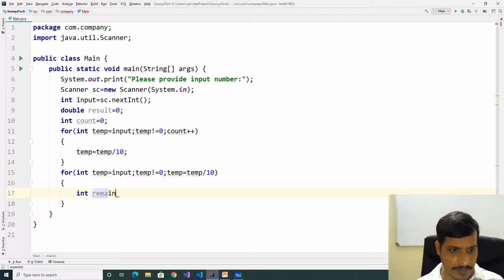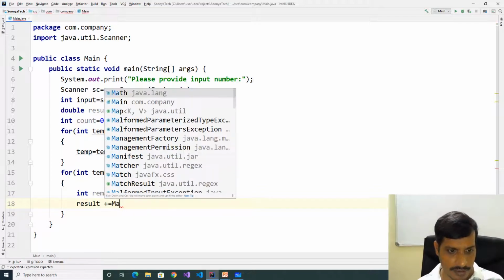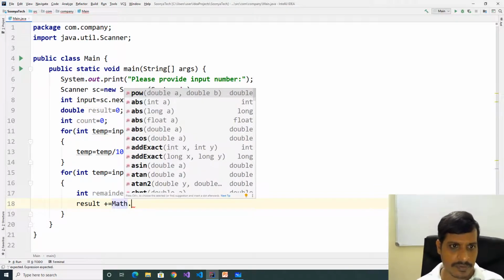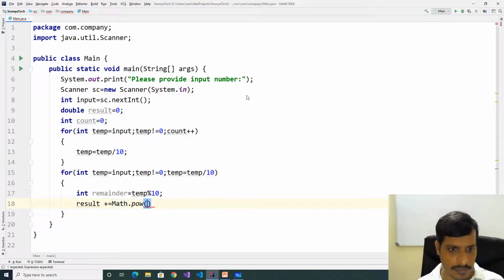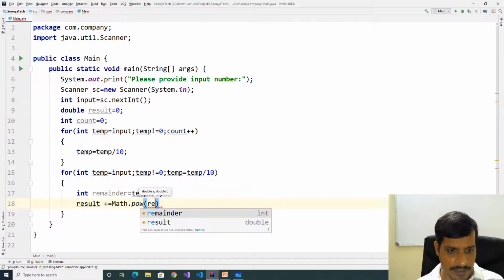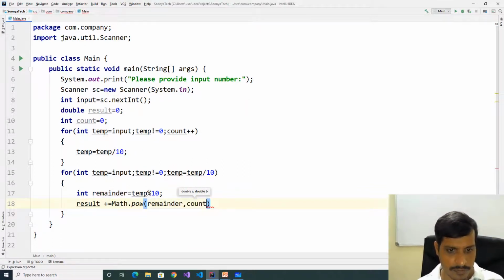Int remainder equal to temp modulus 10, result plus equal to Math.pow. Here the power function takes two parameters as double and returns double, pass remainder comma count. Here remainder and count are integer variables, but we are passing them as double. Integer is 32 bit and double is 64 bit. It will convert implicitly from integer to double, so no need to convert explicitly.